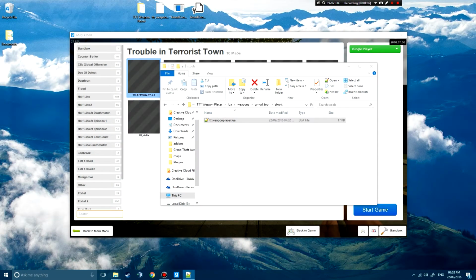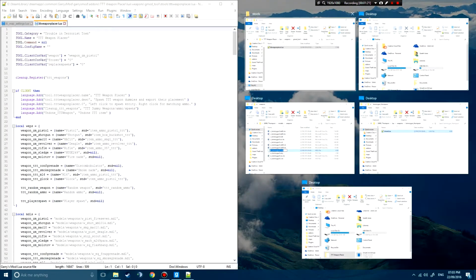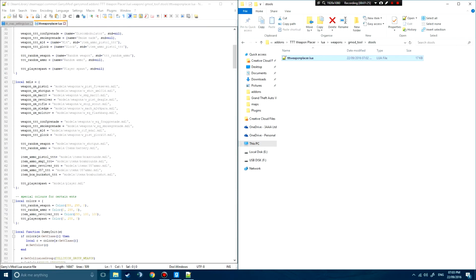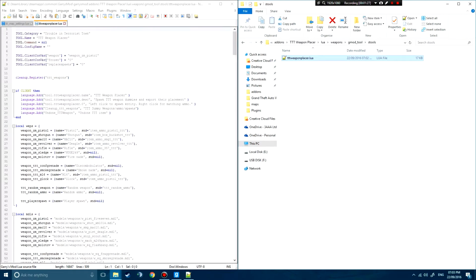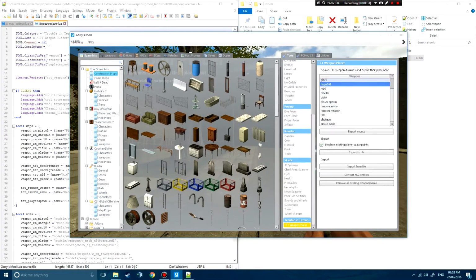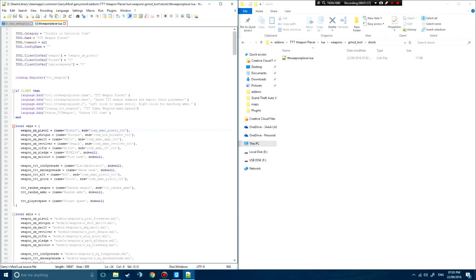Open that in a file editor such as Notepad++. Basically, this is where all the content goes for the addon. So if you go into your game, look down in this list, this weapons listing here, that basically will correspond to the weapons here. What you want to do, for starters, is add in your own